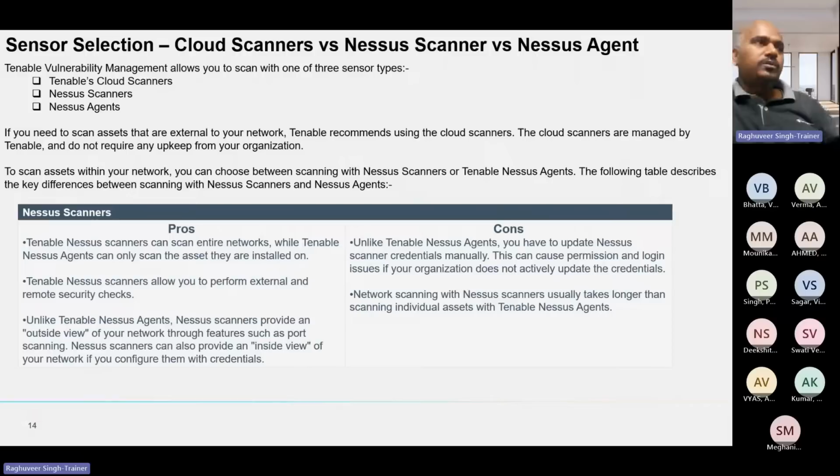You want to check what all ports are open on a specific host. You can use Nessus scanner. Unlike Tenable Nessus agent, Nessus scanner provides,